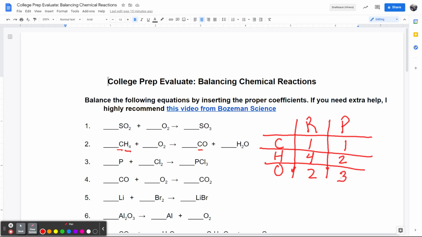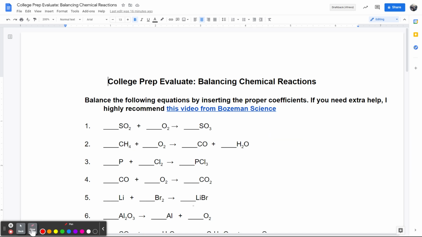So now the goal here is for you to get your hydrogens balanced on both sides, as well as your oxygens balanced on both sides. Now, it might take a little bit of going back and forth. It's going to take some process of elimination. And in doing that, I promise you, you will get quicker at doing this. But this is one of those things that you have to do by practicing. Okay. Now, going to the bottom of this sheet,